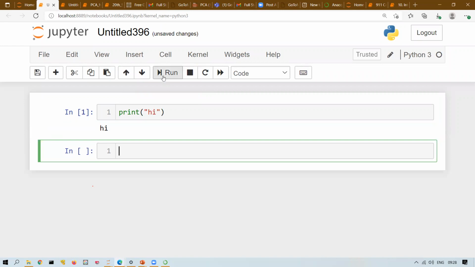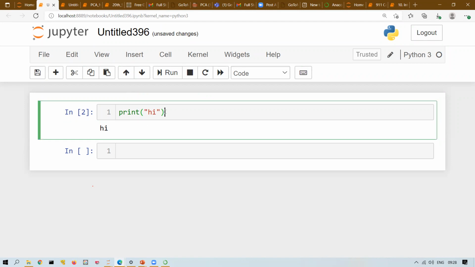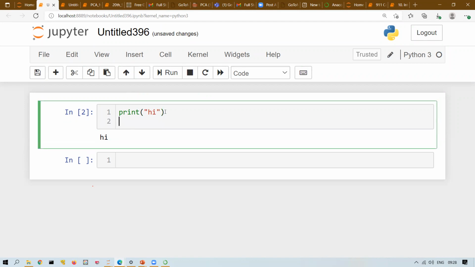How I have run the code: this triangle symbol, you can see, Run, Execute. Just clicking this Run will execute the code. So one line, multiple lines, the entire code you want to write in one cell, or you want to write section-wise, how you want to write is up to you. But once you have written the code, you can execute it using this Run command, right?